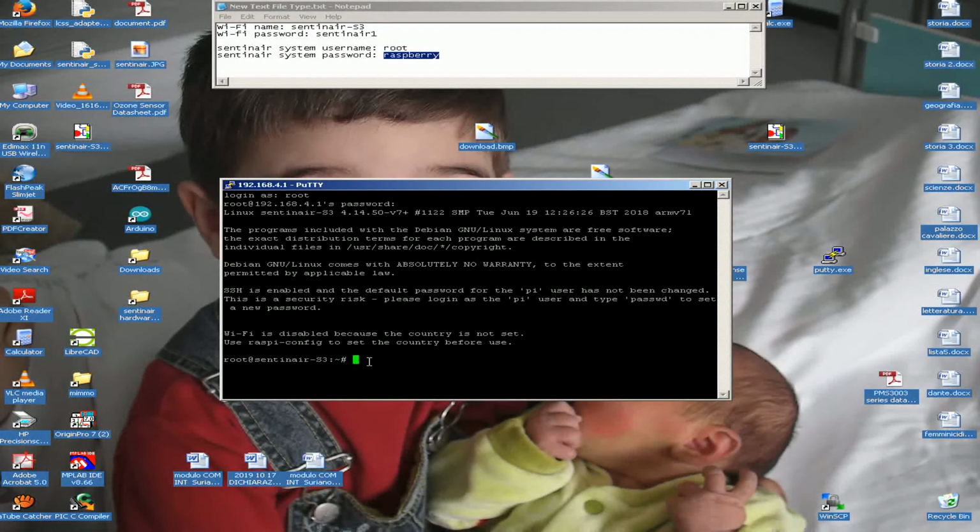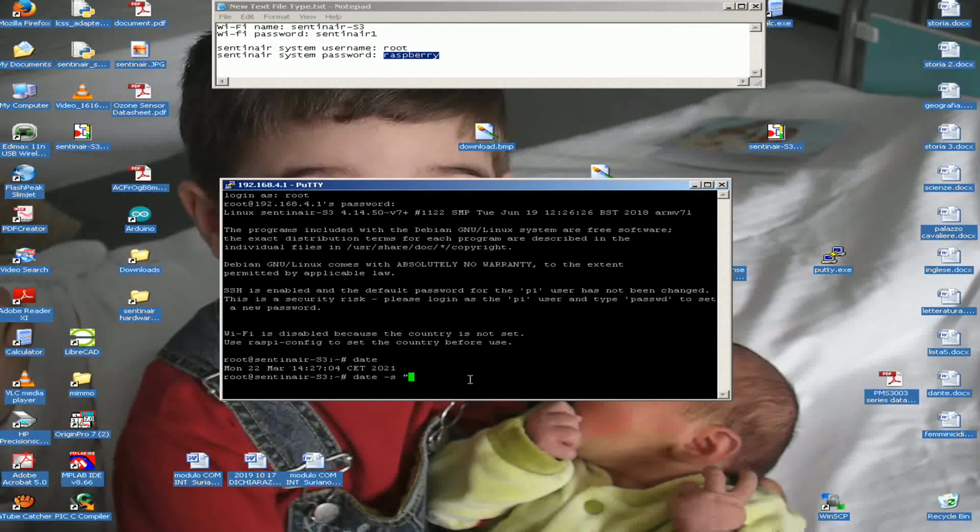But if the system is not connected to internet, but you can access through the Wi-Fi link, you have to set the right date and the time through the command date. If you type date, the system gives you the current date, while if you have to set the date, you have to type the command date